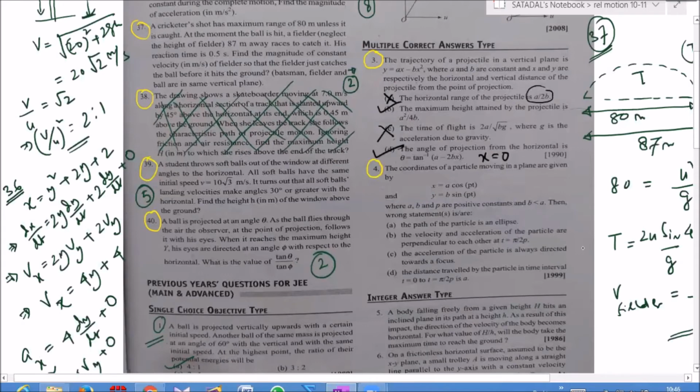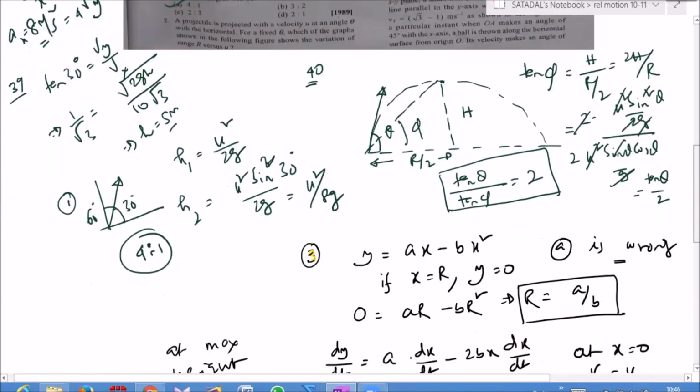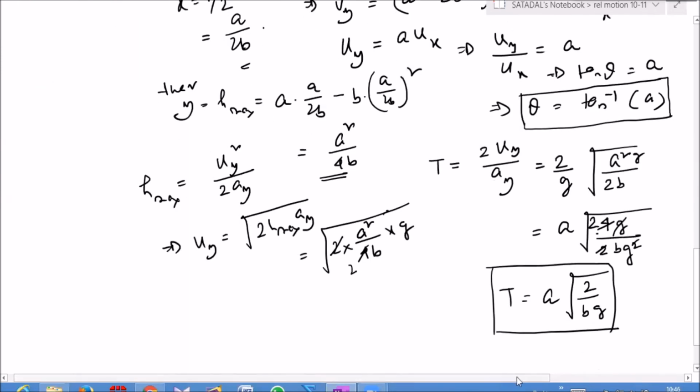Yes, sir. Then we will get tan theta is equal to a, sir. And on comparing, sir, we will get b is equal to g by 2u square cos square theta, sir. Now, what will you get with this? Ultimately, you have to find out the range only, na? Yes, sir. Then range I am getting correct, sir, a by 2b. Okay. If you have done any calculation mistake, Akash, then I will hang you now. Sir, 1 second, sir. So we can substitute the value of a and b, sir, in a by 2b. Then we will get the answer. Range is equal to u square sine 2 theta by g. Just hold on. Okay, sir. Just hold on.